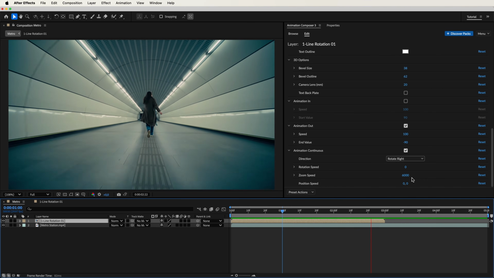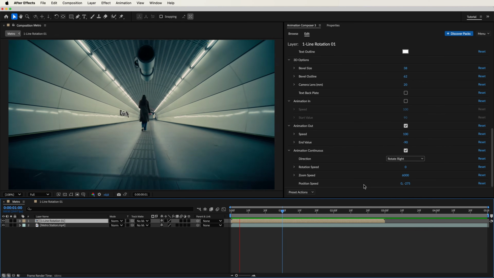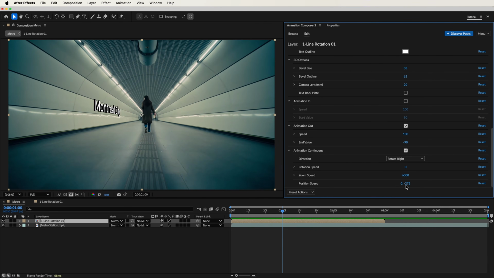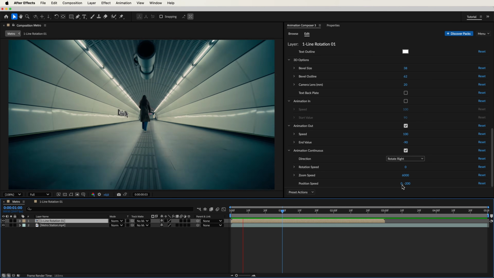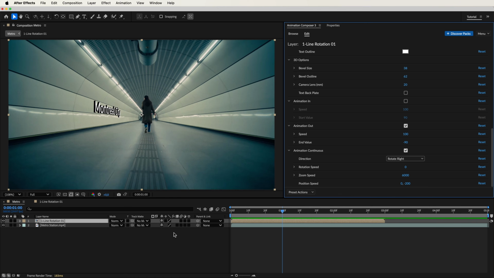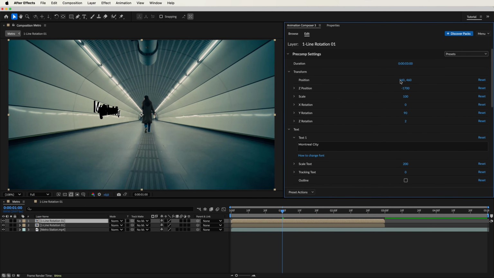To make sure my title stays within the lines, I'll change the position speed as well. I changed it a bit too much, so let's lower it. Perfect. Let's copy this title onto the other wall now. Duplicate the title. Start by adjusting the transform settings so that the title fits within the same lines, but on